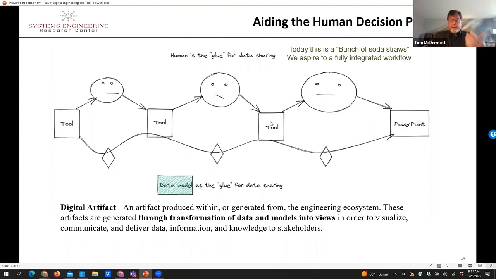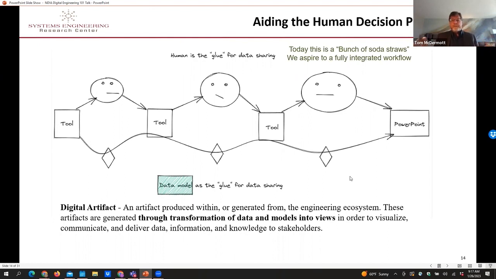And through that chain of human interaction, then at the system engineering level, they produce an artifact. It could be PowerPoint, it could be a document, it could be a high-level model. And that artifact is what drives our decisions. And so we're not seeing that artifacts change. What we really want to see is that process get connected generally. So each one of these diamonds is a data model in association with a tool.